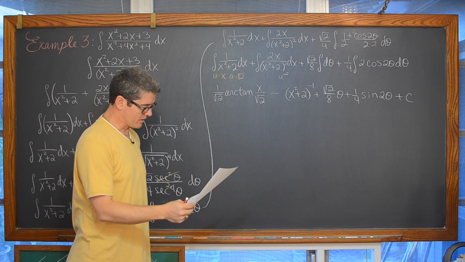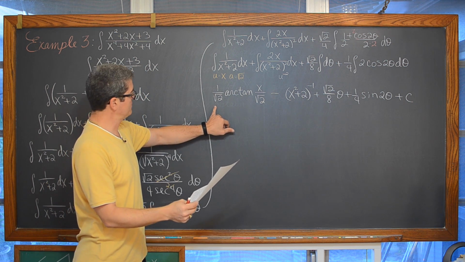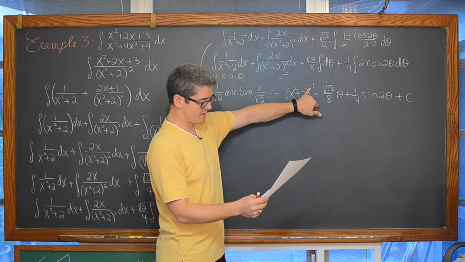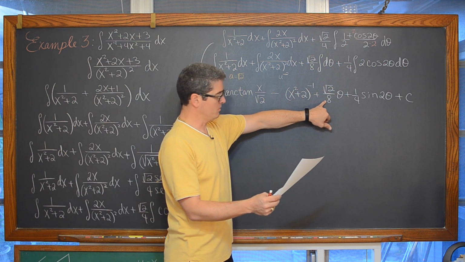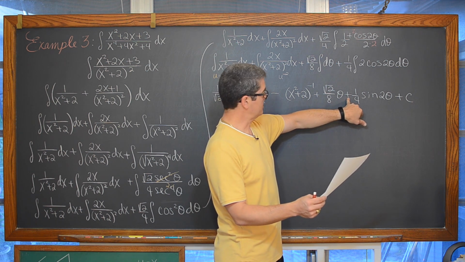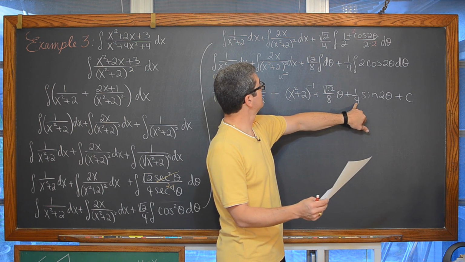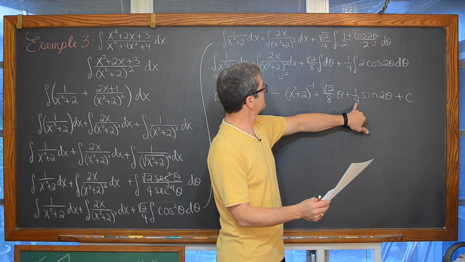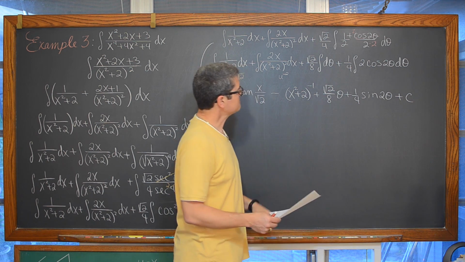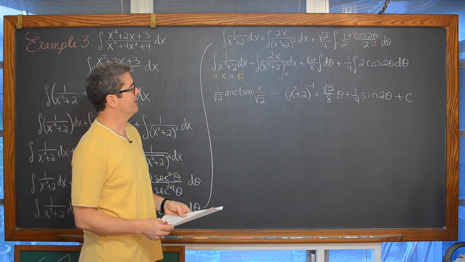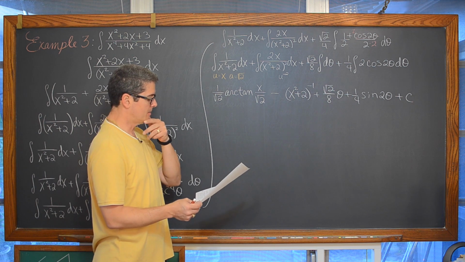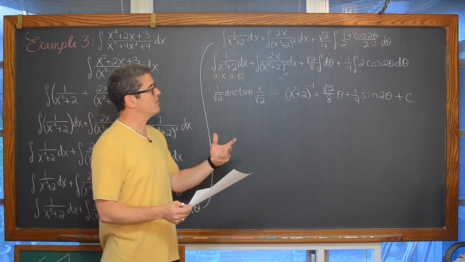Now, just to make sure I didn't write something silly, we do have 1 over the square root of 2 arc tangent of x over the square root of 2 minus x squared plus 2 to the negative 1 power plus square root of 2 over 8 theta plus 1/4. Now, what did I do wrong there? This is when I pause the video and I'm not thinking about where I'm going and I write one line at a time; when I use my notes ahead of time, I make fewer mistakes. So now do I show you that I'm human?